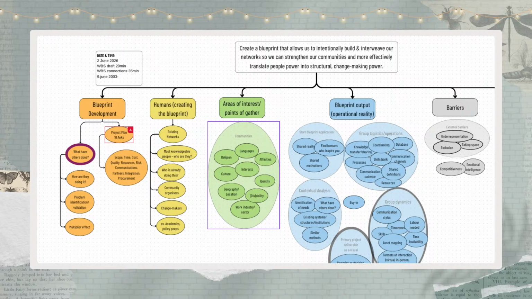we need to keep these communities in mind, and not specifically the ones we have listed in there, but the idea that there are different communities, different ways that people organize. We need to keep that in mind when we're looking at the other elements that we've identified. For example, when we have on the orange side what others have done, in order to narrow down the research, we can look at what others have done in different religions, in different cultures, around different areas of interest, in different locations. So I'm not sure how do you think we can